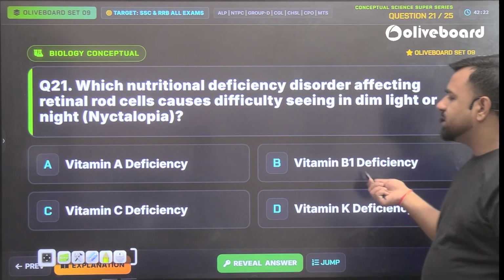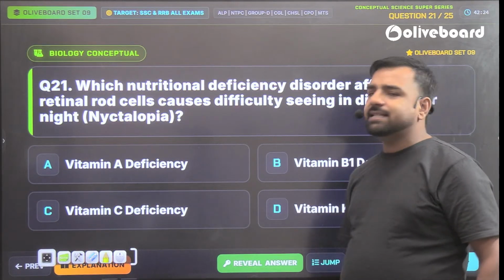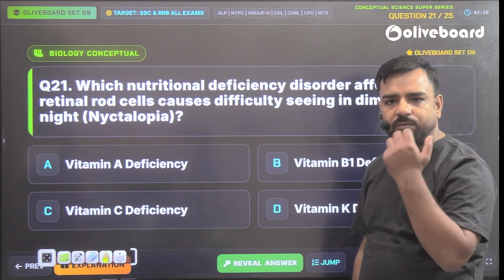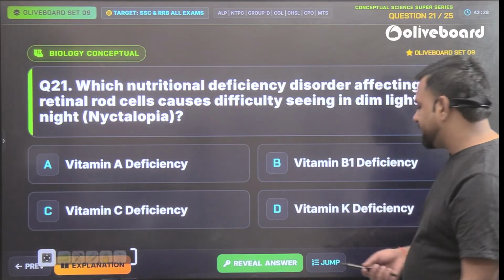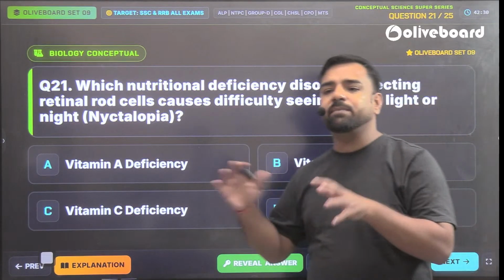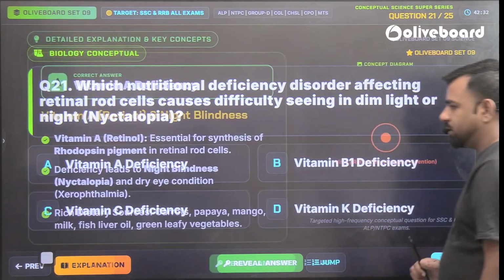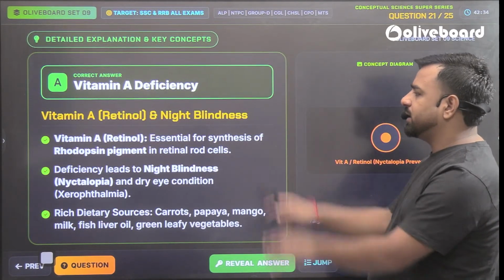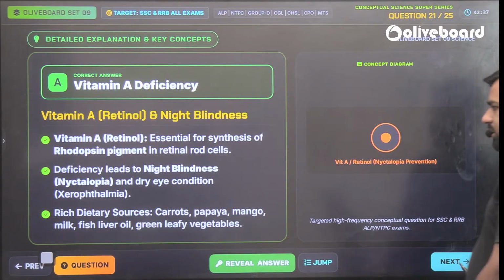Vitamin B1's deficiency leads to beriberi. Vitamin C's deficiency leads to scurvy, where bleeding from the gums is there. And vitamin K's deficiency leads to delay in blood clotting. Okay, all the four options are discussed. So vitamin A, retinol was the correct answer. Next we have,